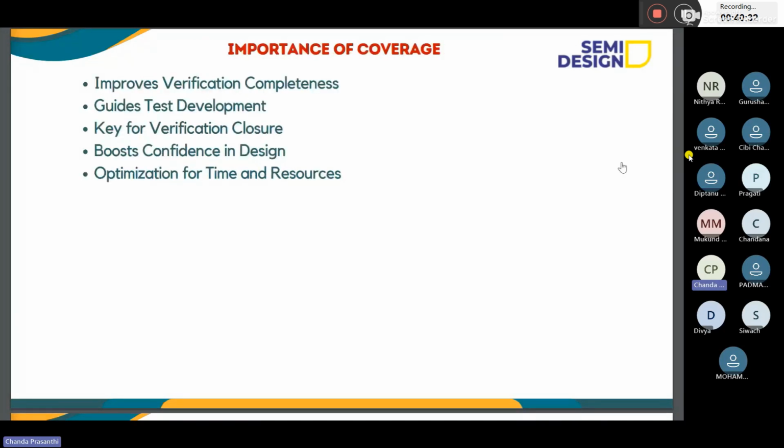Suppose, as she asked before, there is a design and she wrote only 5 test cases, but actually we can write 10 or 20 test cases to verify the total design. In that case, if you write coverage for only those 5 test cases, what is the use? What about the remaining functionality of the design? Based on the coverage report, we need to modify the test cases also.